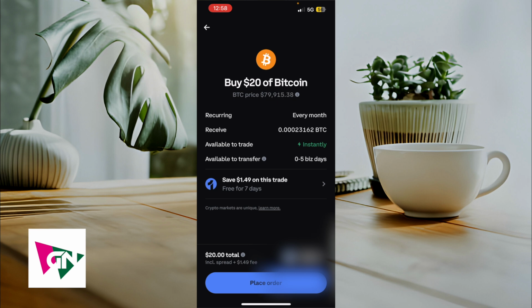Now this page is basically your final confirmation page that says we're buying Bitcoin at a price of $79,000, and this is going to recur every month. So this right here is the best and easiest way that I know of to buy